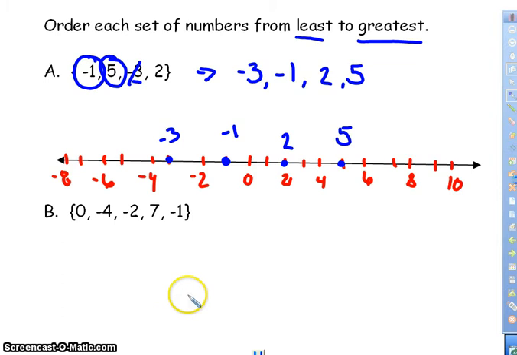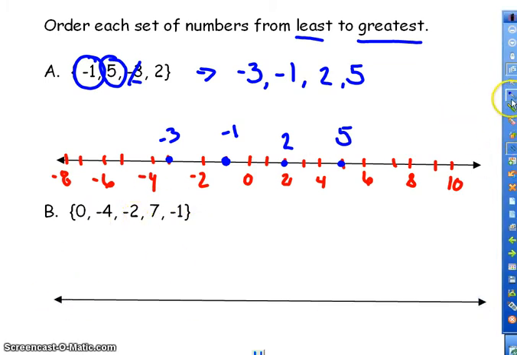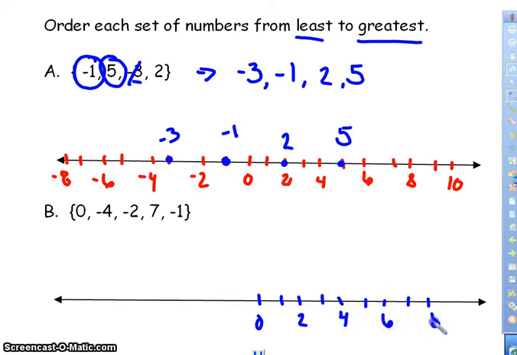Okay, I'm going to do the same thing with the second one. And as always, if you want to draw your number line, you're more than welcome to do that. Probably make less mistakes if you do that, actually. So I'm going to go ahead and draw my positive numbers to the right here, my negative numbers,